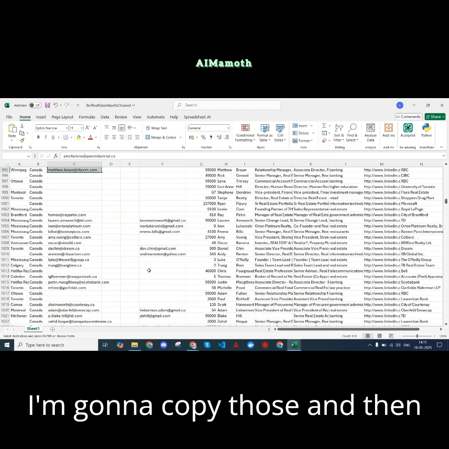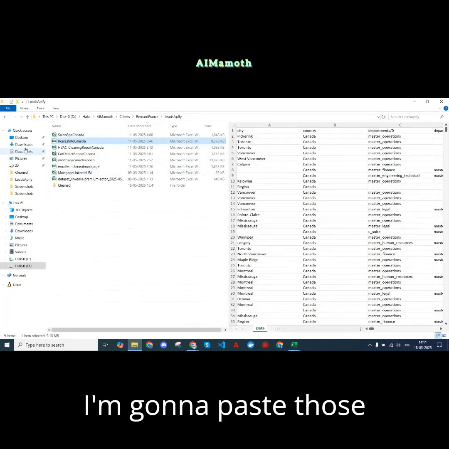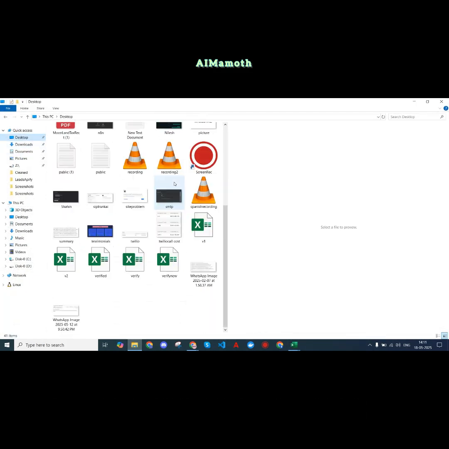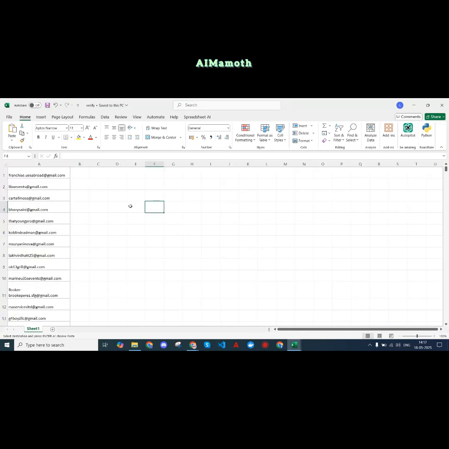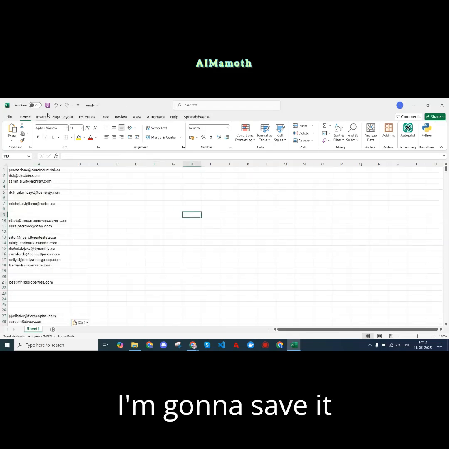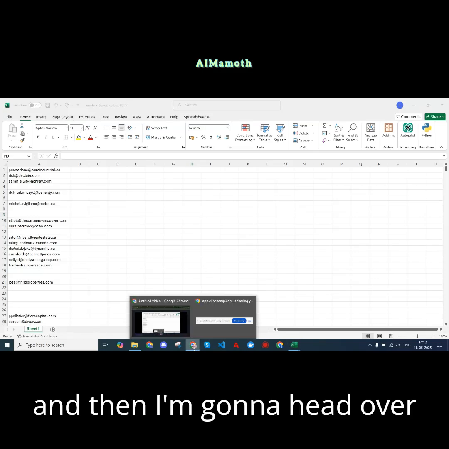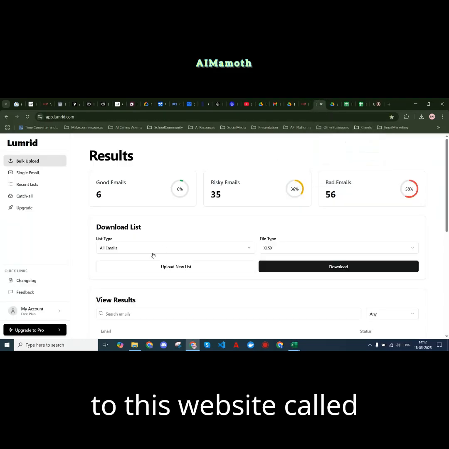I'm going to copy those and paste them in a temporary Excel file. I'm going to save it, and then I'm going to head over to this website called